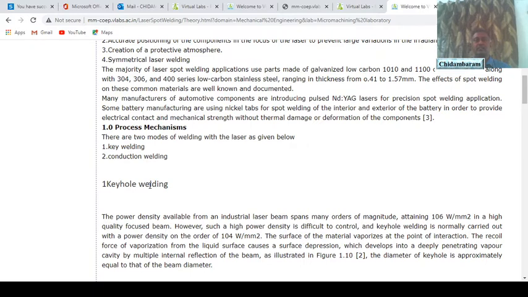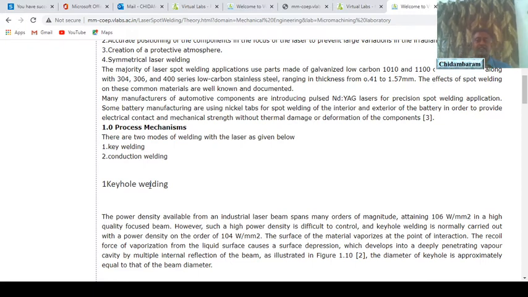Here the material is vaporized by laser heat. Therefore, a large power density is required. So if it is vaporized, how does welding happen? Not the entire material is vaporized. The material at the surface is vaporized. Therefore, a small hole is produced. Inside that hole, a plasma state is reached and the material reaches a molten state.